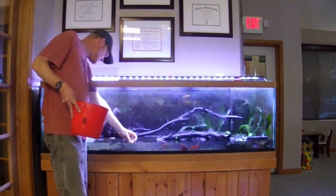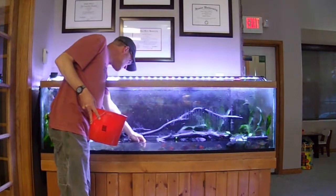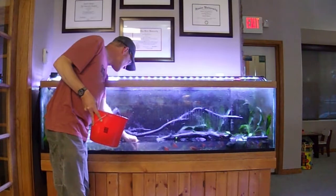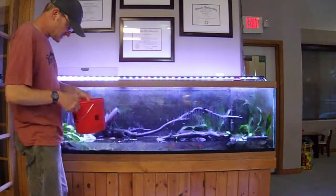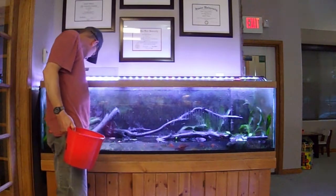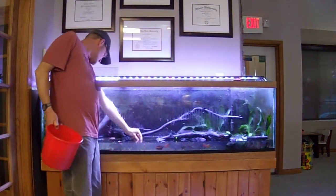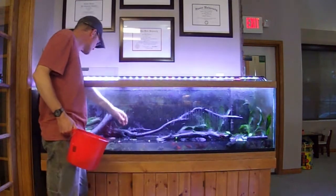It was just kind of on a whim that I did. They were in my daughter's little fairy pond, she calls it, a little tiny pond in her flower garden, and we bought a few feeders just to put in there, just to keep mosquitoes under control and give it a little activity. At the end of summer, this was summer a year ago, these little guppies were so pretty that we couldn't quite bear to just fertilize the yard with them or something, so I threw them in here just to see how they do,